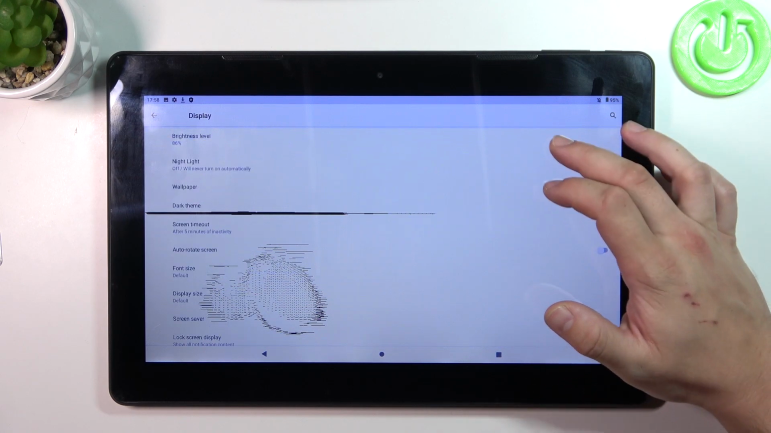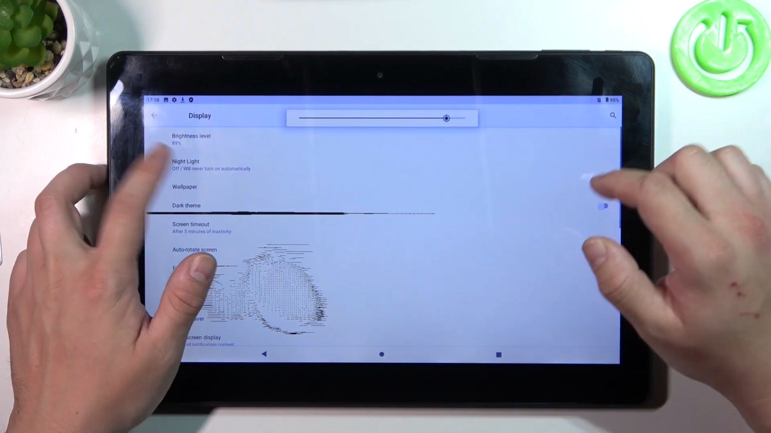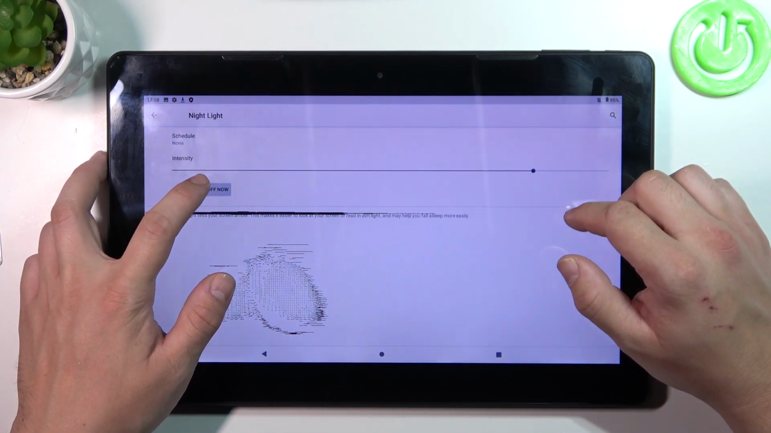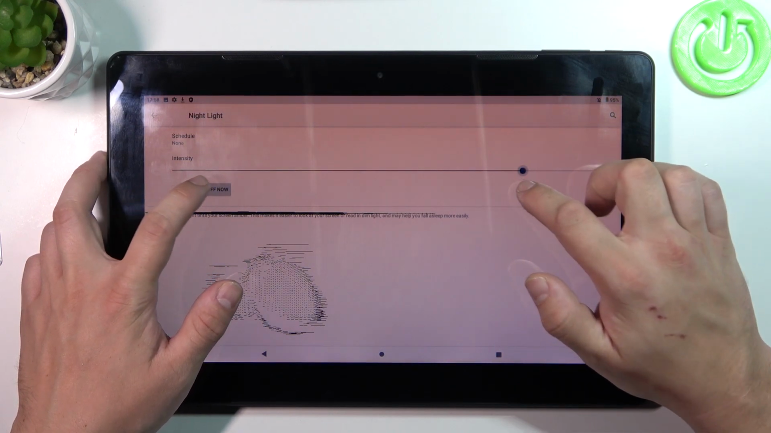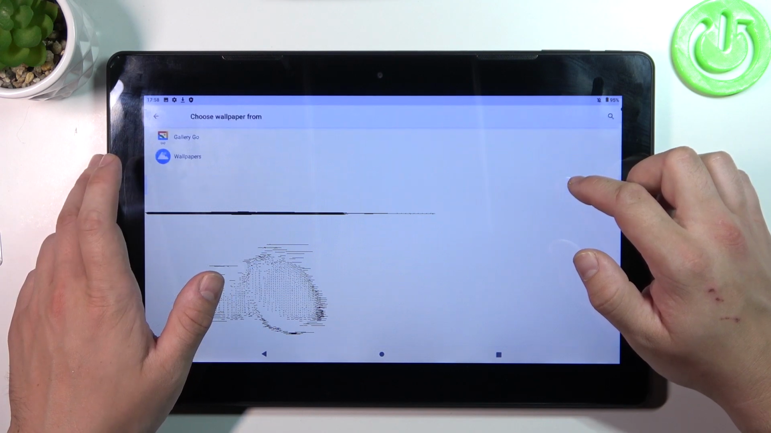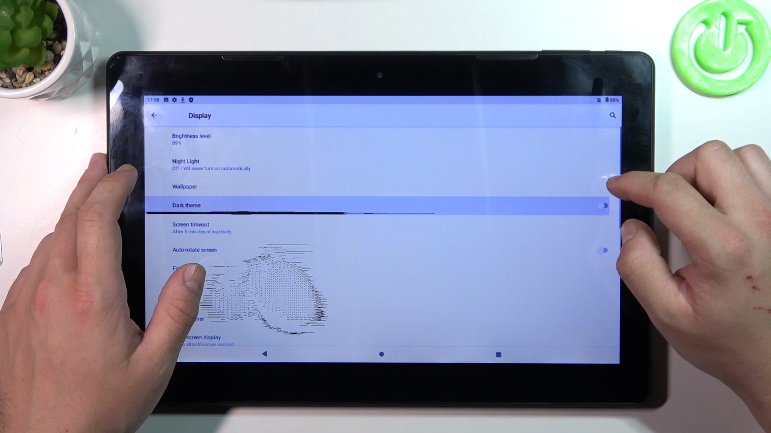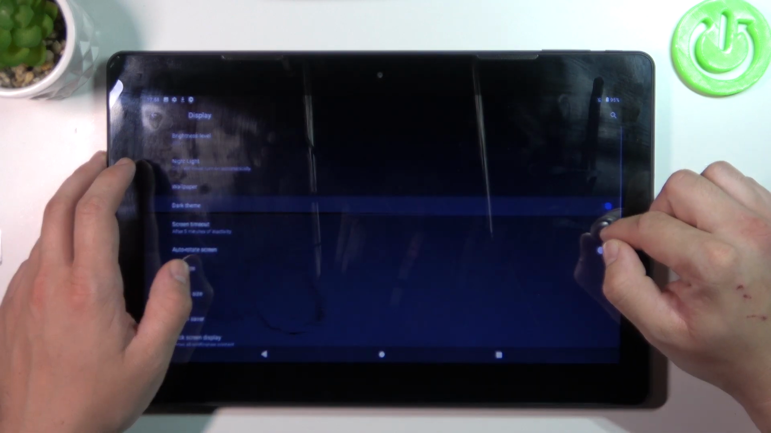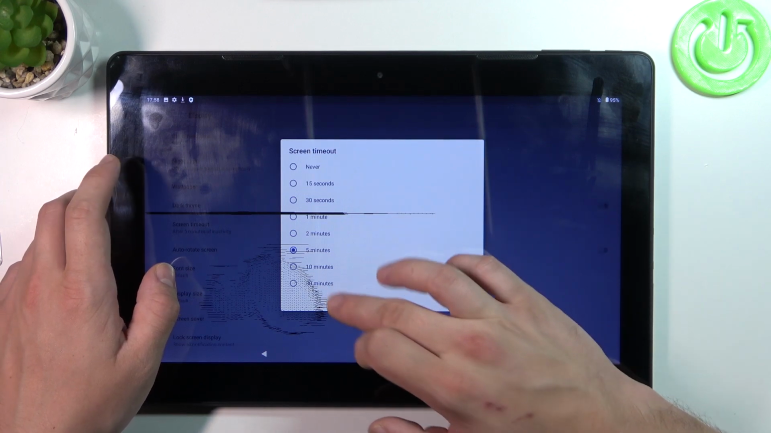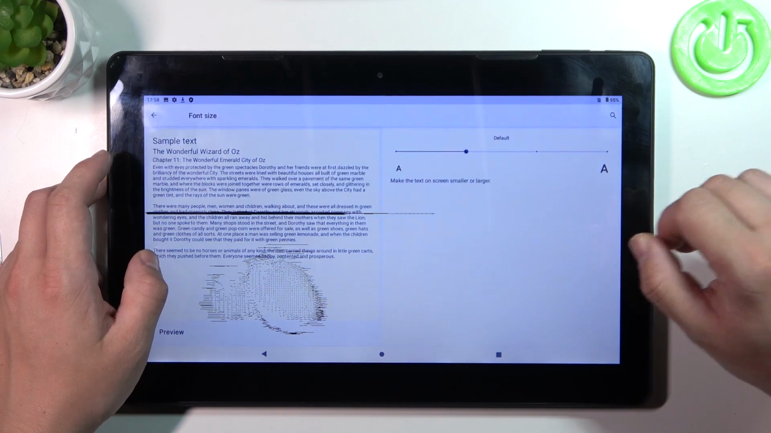Let's start with the top of the list where you can change brightness level of the screen, enable or disable night light, schedule it and adjust it. Then we can change wallpaper, enable dark theme, change screen timeout between never, 15 seconds and 30 minutes, enable or disable auto rotate screen, change font size,